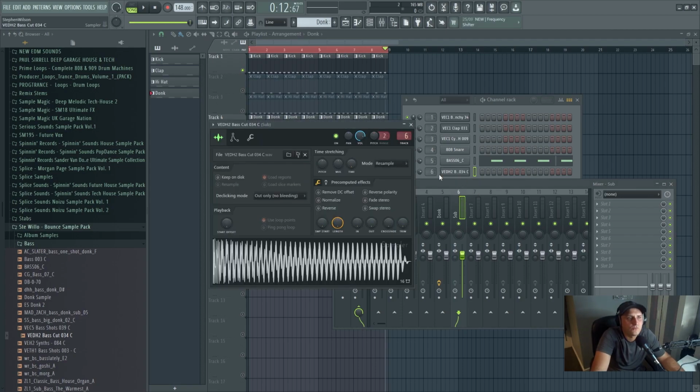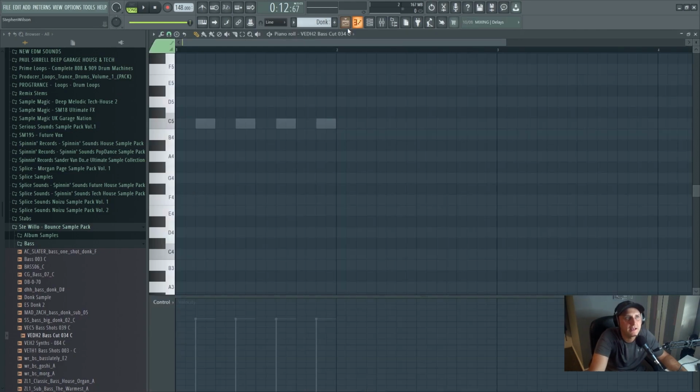Now, what you want to do with things like this is, because with samples, if you lower the pitch, it'll go longer. So to stop that from happening, keep hold of control on your keyboard and move this up slightly, just so it's like that, and that'll loop it. And when you go back on your piano roll,